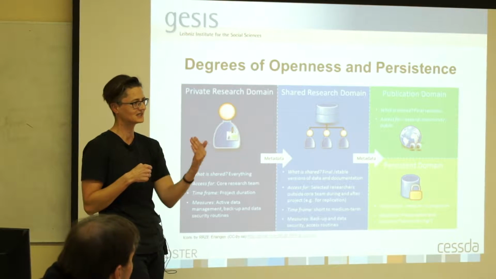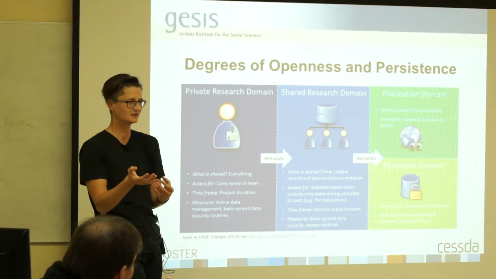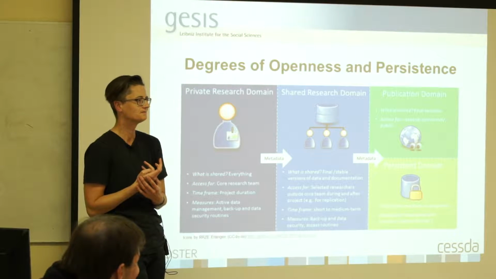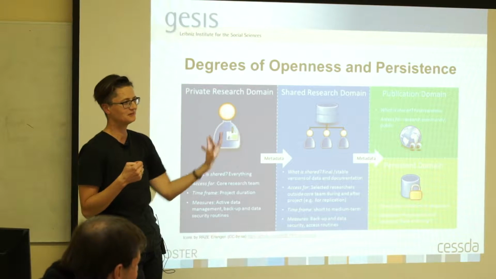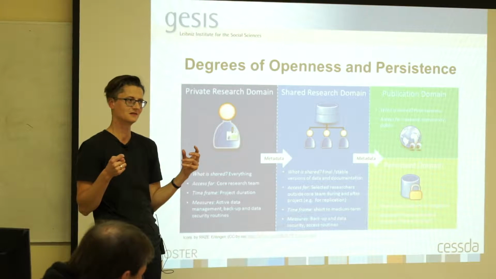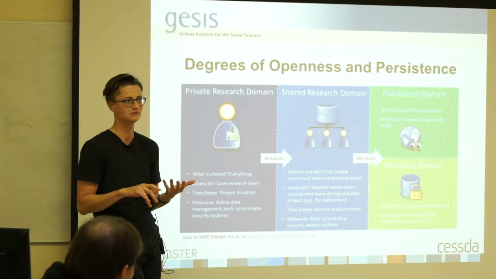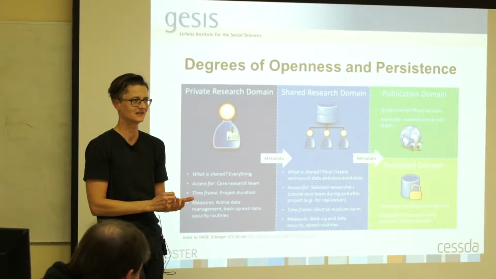It doesn't necessarily have to be entirely heavily processed data. I totally agree. It could be raw data if that is possible. But it shouldn't change once it's published. So if we think back to the idea in the publication domain, for example, this is where DOIs would become relevant, and you give a DOI to something that is not